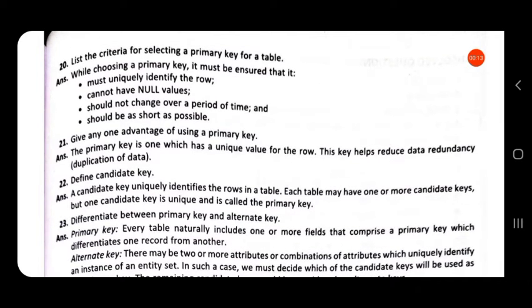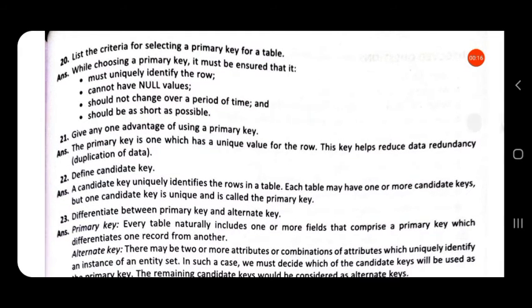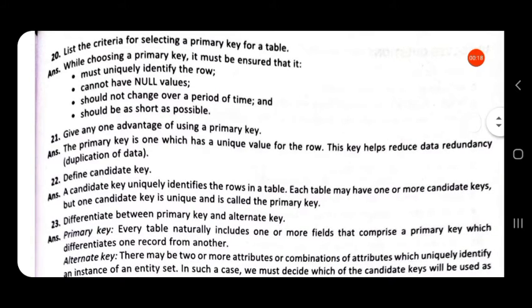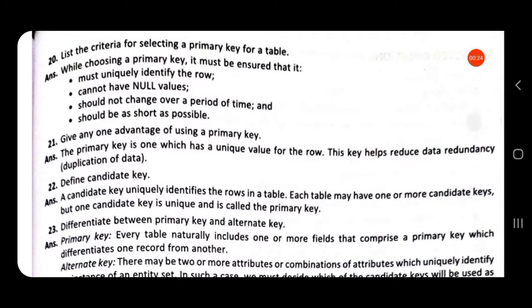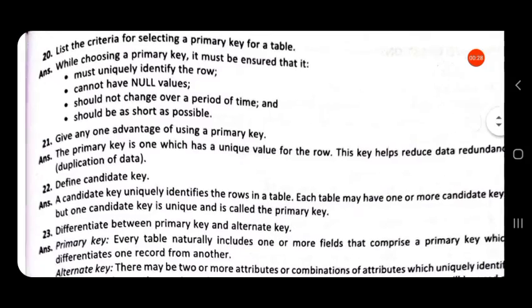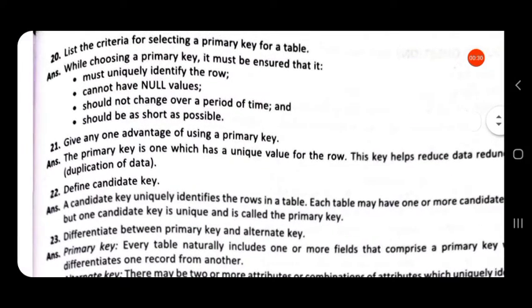List the criteria for selecting a primary key for a table. To select a primary key, we know that the column should have unique values, and that column should always have values. So, let us see what the criteria are.